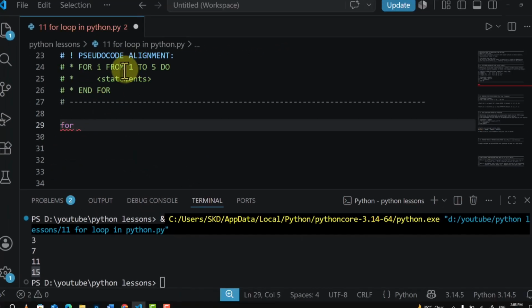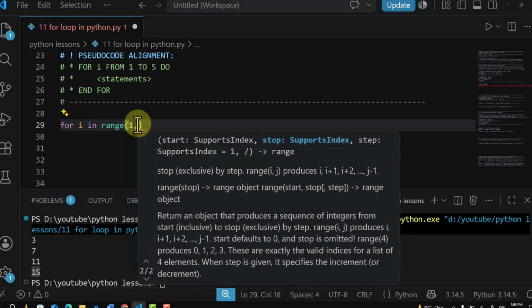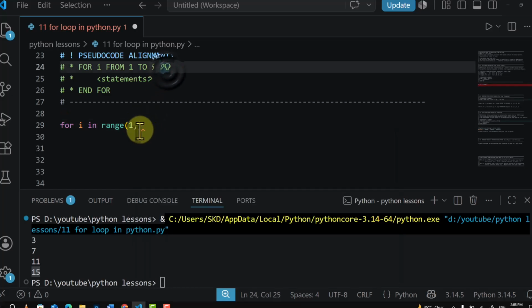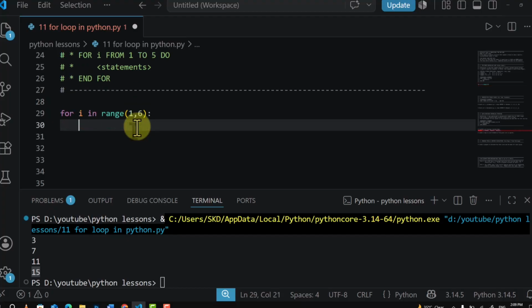And here, for example, if I just want to do this for I in range, now it has started from 1, okay, so I have to just write here 1 up to 5, okay. Now if I want to include 5, I have to just add 6 there, okay. If I don't want to include 5, then yeah, 5, okay. So if I just do that, then after that, inside the block of for, whatever you want to do, okay,